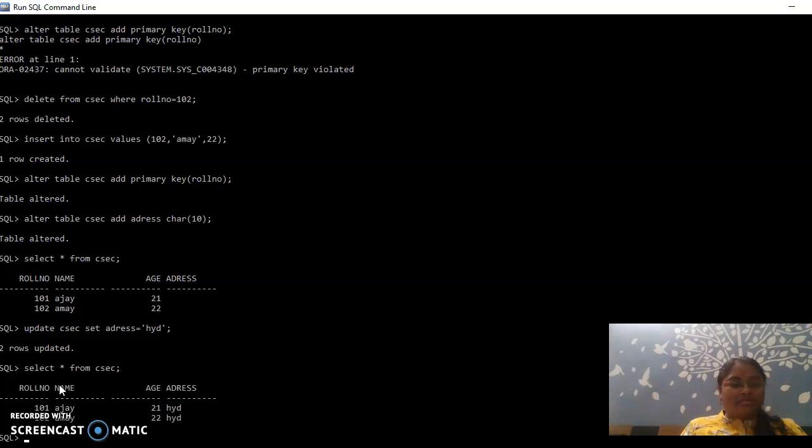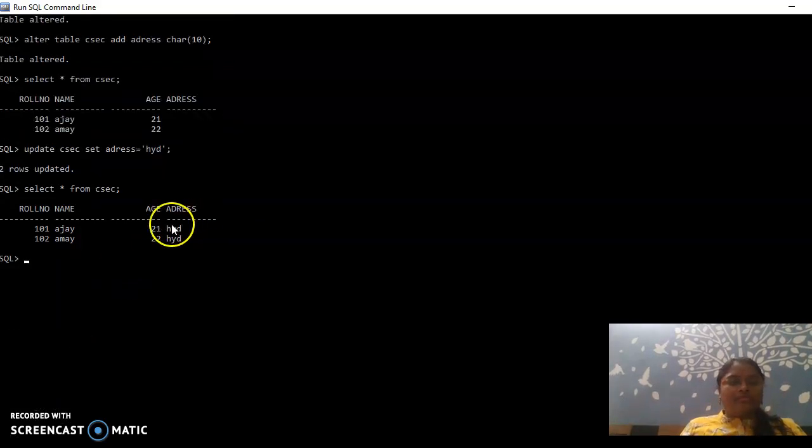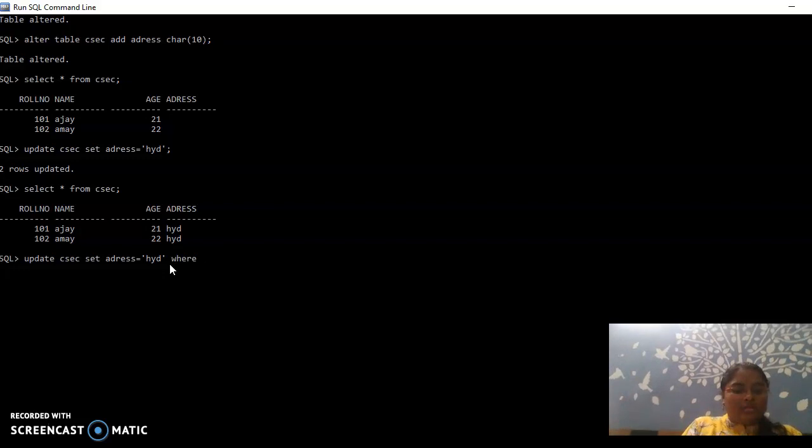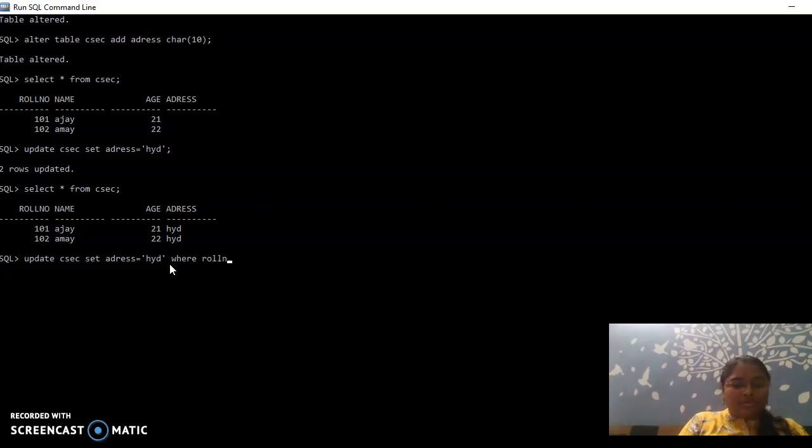Let us see what is the output. For two members, Ajay and Abhay, it is Hyderabad. I don't want to give Ajay as Hyderabad. I want to give Secunderabad. Then do like this: update set address, and you need to give a condition where roll number, or you can also use name equals to Ajay, or roll number equals to 102 or 101, anything.